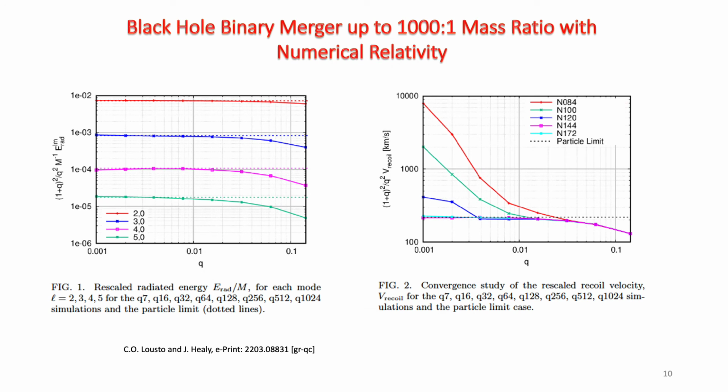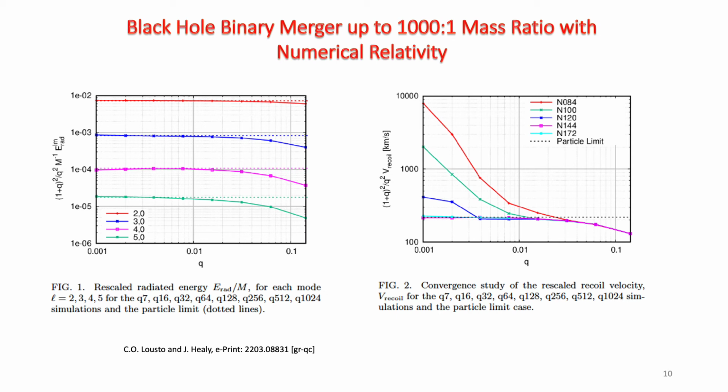Now, still LISA could be sensitive to smaller mass ratios, at 1 to 1000. So 2 orders of magnitude smaller, for instance. This raises the question if numerical relativity can still provide accurate predictions for waveforms, trajectories, and final remnant, given such small mass ratios. So here we made a second set of studies with the current methods of numerical relativity,